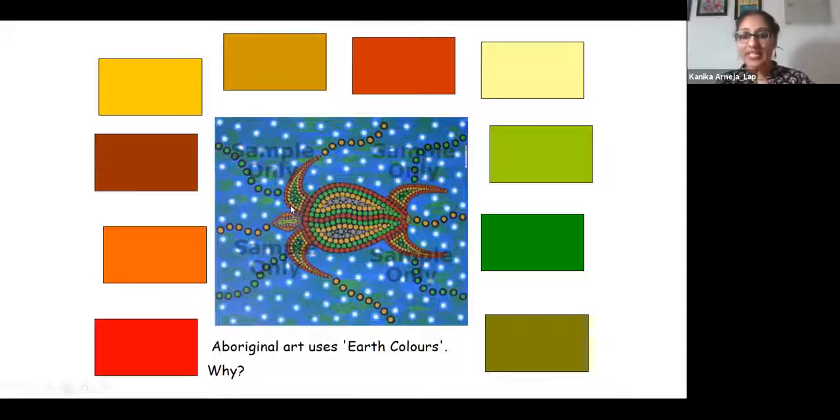The reason why is in the olden times, long ago, when they used to paint, there were no brushes or watercolors or sketch pens or pens. Nothing was available at that time. So what they used were colors of the earth. They would use rocks, charcoal, sand, soil, leaves, roots of the plants to create all the colors that you see